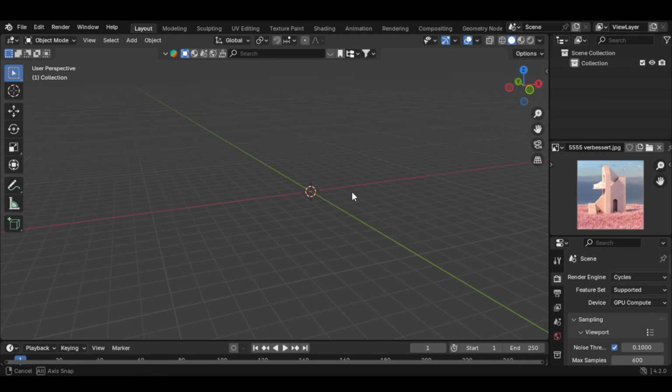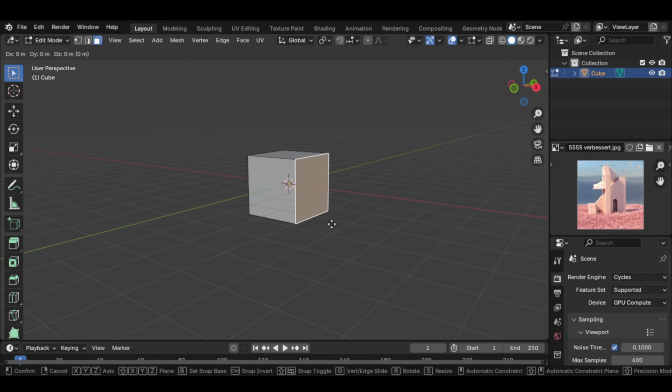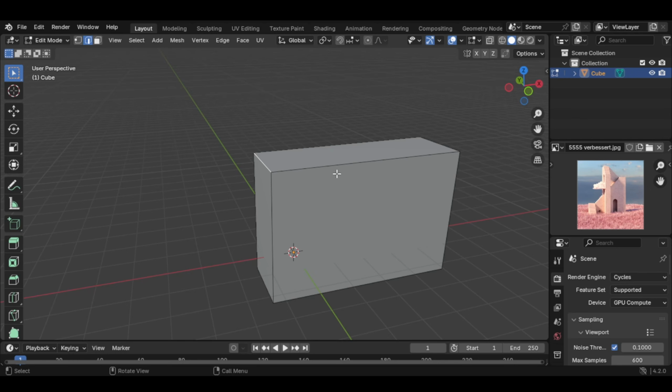Okay, let's begin this tutorial. So first, open a cube, go to Face Select, G and X, G and Z, select this edge, Ctrl B